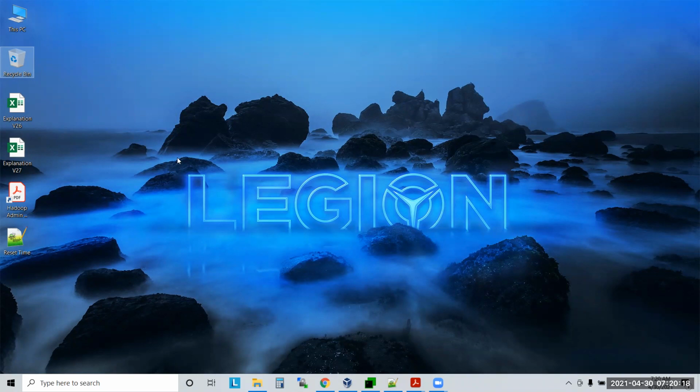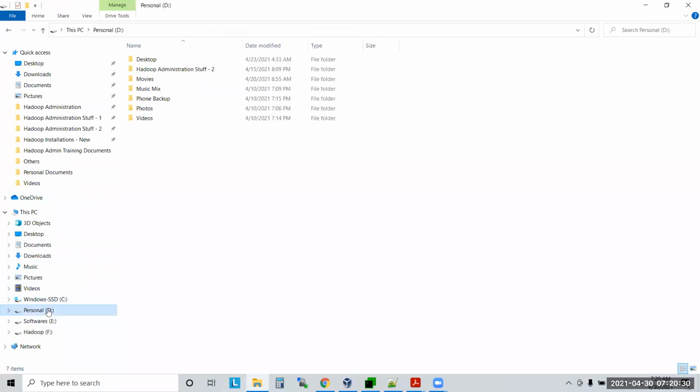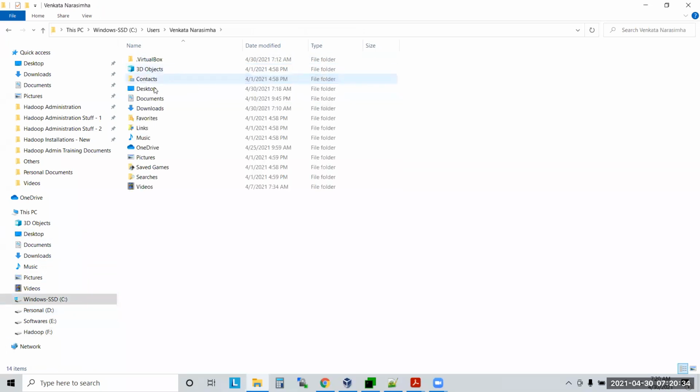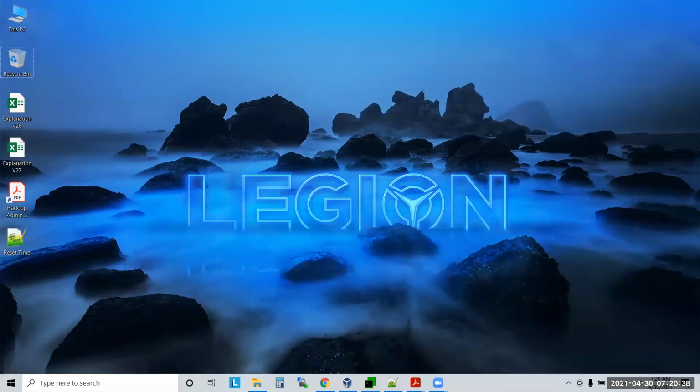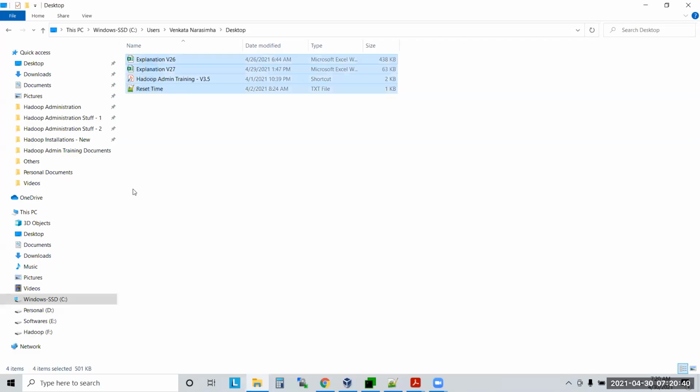When you log into Windows, the first screen is that you will see the desktop here. So what is this desktop location in Windows Explorer? Desktop means C colon, users, username, desktop. Whatever you see here, the same things you can see here also. Yes or no? And if you copy something here, Control C, Control V,